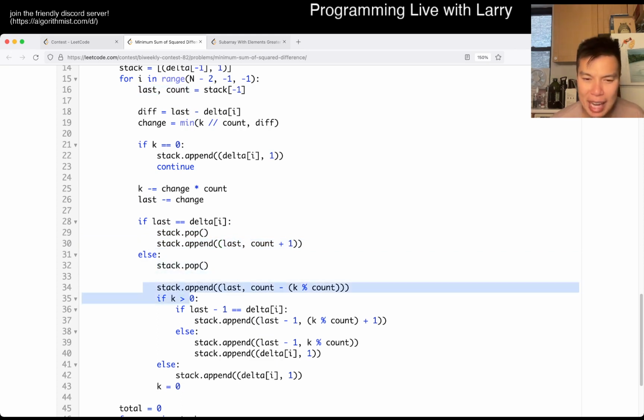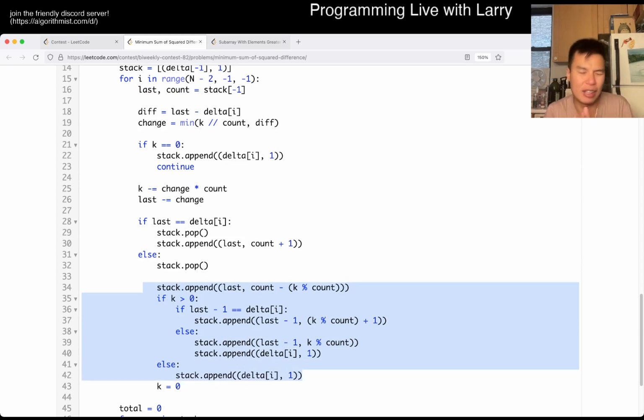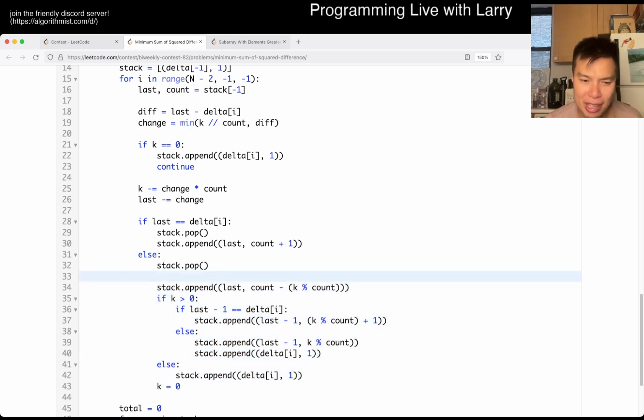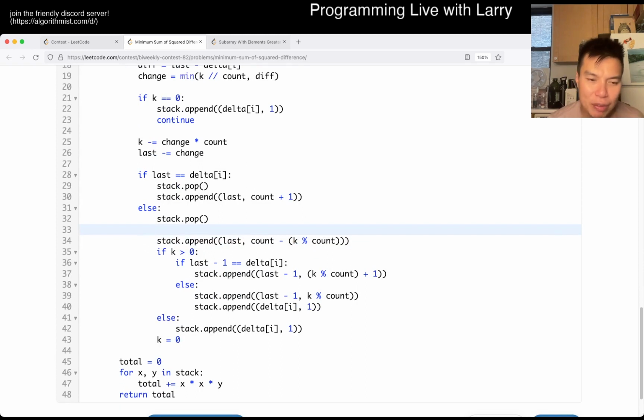And then we just do a lot of case analysis. These cases, I'm not going to explain them, but this is just the exhaustive case of basically how to combine the last two elements or something like this, right? Where you combine the last two elements in a way that lets you do the visualization that we did before. I'm not going to go over the math. This is just really like thinking through every case. I think I did that during the contest, and that's why I was so slow. Maybe there's a quicker way to write this,